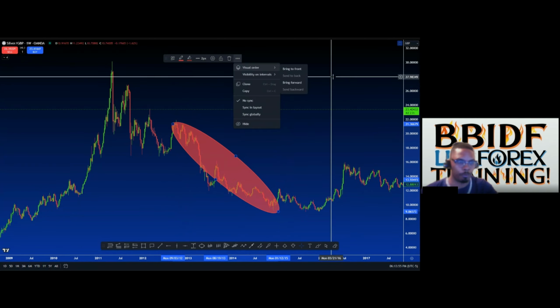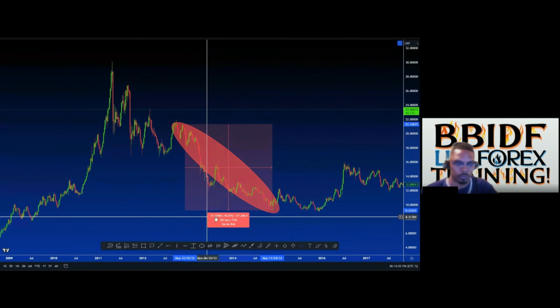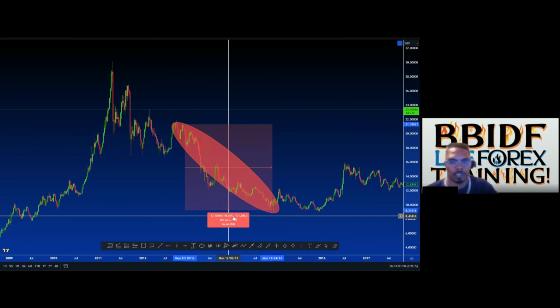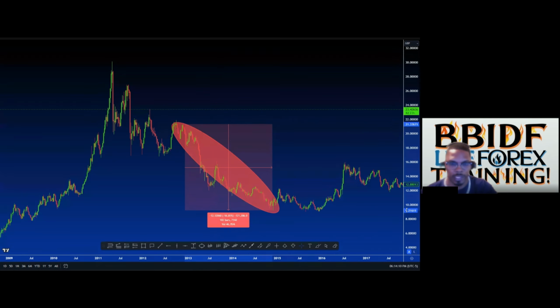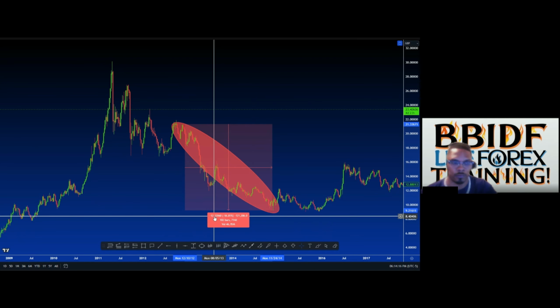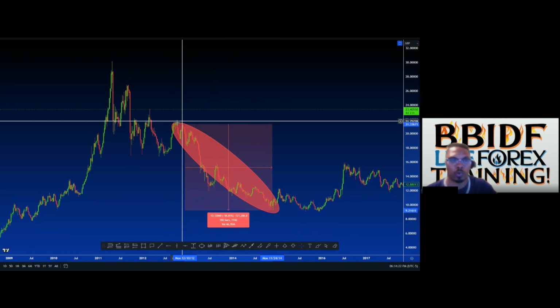All right, basically I'm going to do a measurement from that high down to that low, and I can see what it reads right here. This is silver, so it gets counted a little differently, but you can see it's a 12-point move. Right here is 9 and right here is 21, so it's about 12. It's about a 12-point move on silver. Silver pays crazy. I won't get into the math of all of that, but just know that this was a 12-point move.